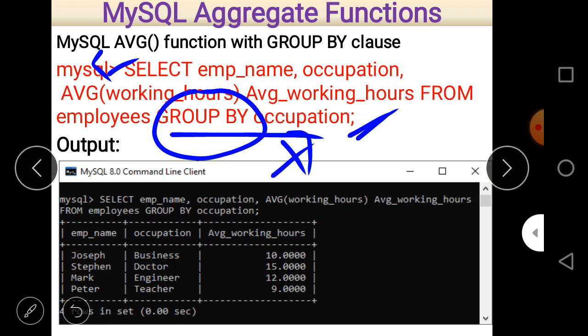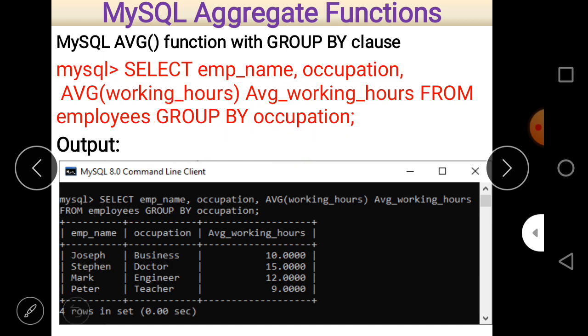So here average is calculated according to the group by occupation. First of all, different occupations are counted here, and according to that, the average working hour of that occupation will be calculated, and that you can see on the screen. This is the answer.